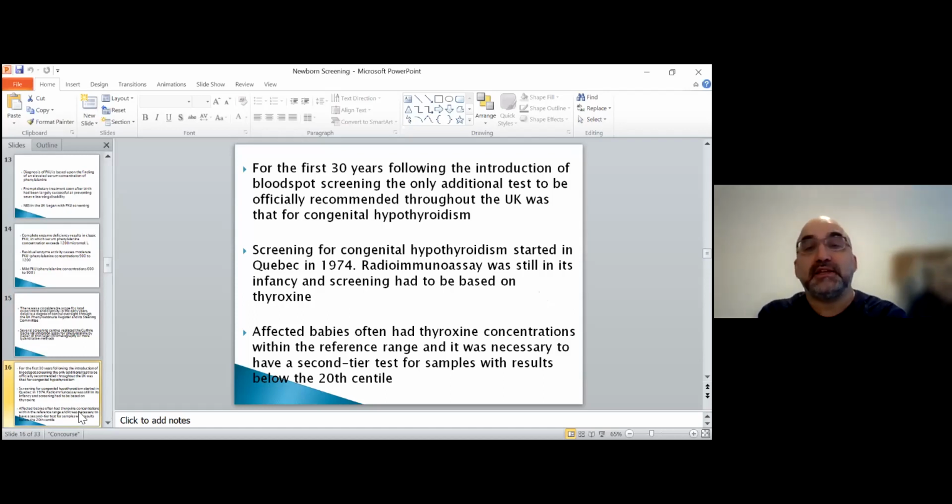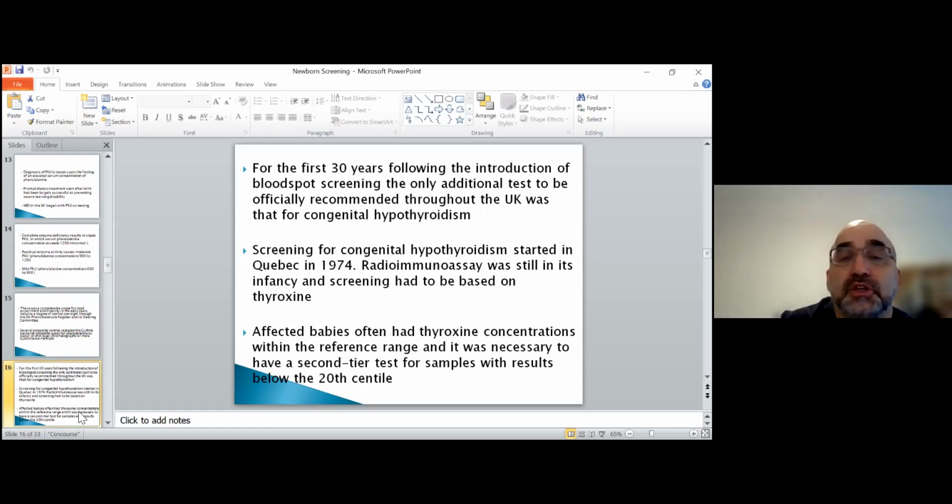So the developments were not very fast. For the first 30 years after this, no other diseases were included in newborn blood spot screening. It was after 30 years that congenital hypothyroidism was introduced to newborn screening. I understand that it's currently being done in Sri Lanka, so I think you have a very good structure for starting to expand the service if you wish.